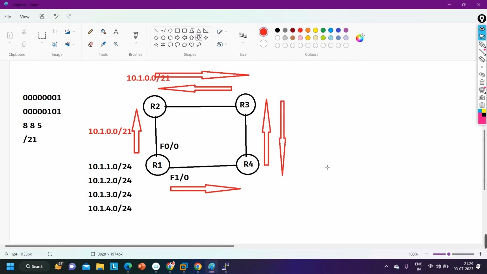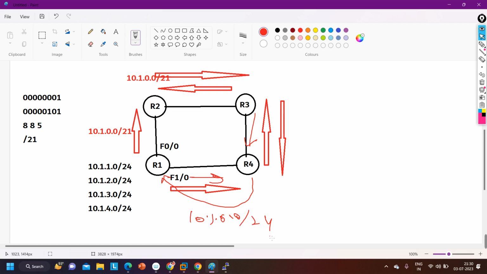Router 4 will install the individual prefixes via router number 1, and a summary network via router number 3. And it is the responsibility of router 4 also to advertise it to its neighbor, router number 1. It will advertise the summary route to router number 1 also, yes or no?